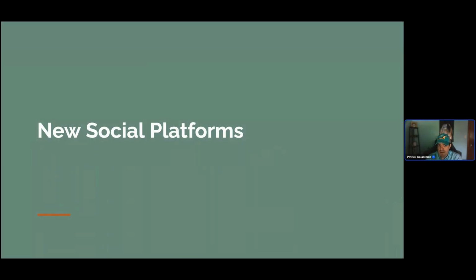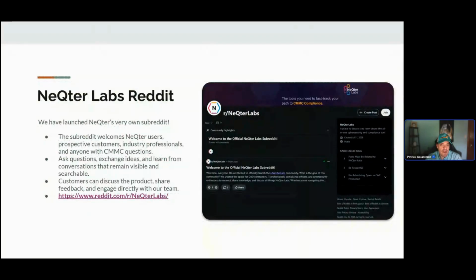But the next big thing that we have, and we're in the early stages with it, we need to see what it is or what it becomes. We have introduced a couple of new avenues of discussion surrounding NeQter. Number one, the first thing is going to be a dedicated subreddit for NeQter. Fortunately, a lot of people have discussed NeQter throughout the years on Reddit, either in the CMMC channel, the SIEM sim channel,